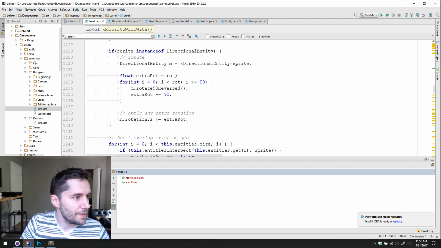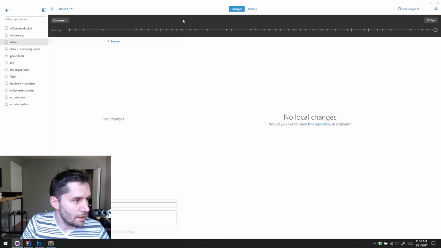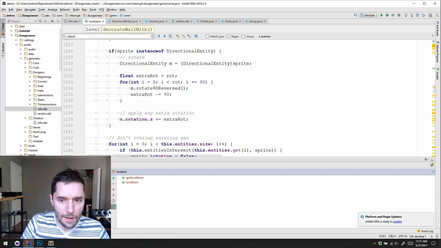Cool. So we're in the development branch here. And I want to open up two classes. I want to open up Level. I want to open up GenInfo. So for Level,